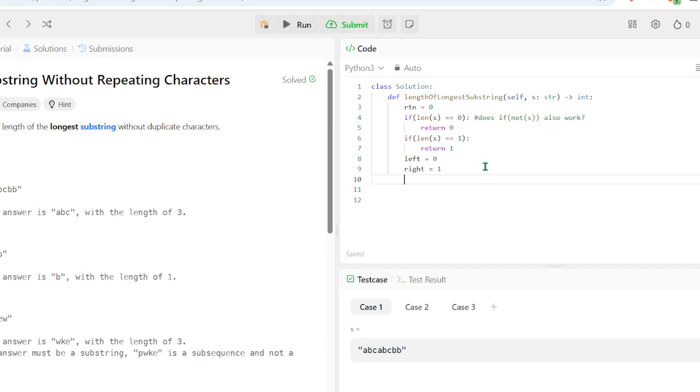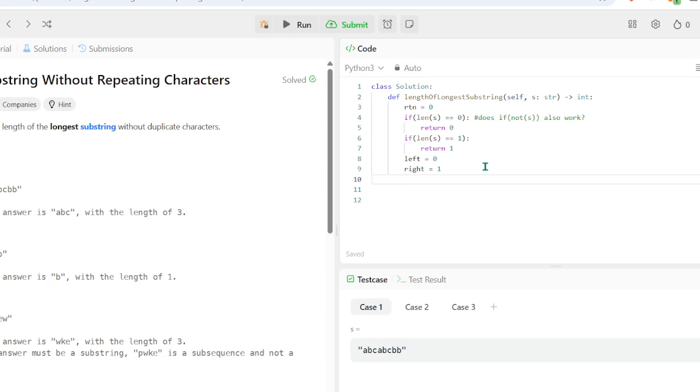Like I was saying, we have a left and a right pointer, and I think what we need to do is we basically increment r. Wait, that wouldn't work. What I was going to say is we increment r until we run into a character that is equal to L, and then we increment L, but that doesn't work.